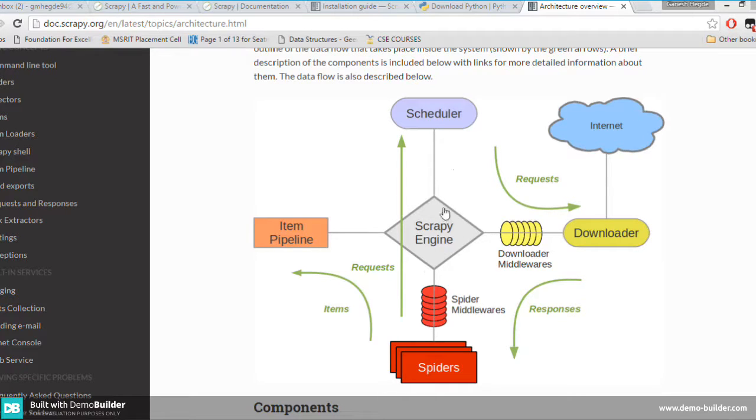It's a continuous process. By seeing this architecture you can tell it is simply portable, so we can port it to another platform and download anything on any platform.